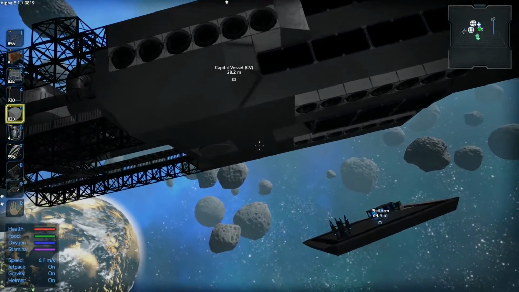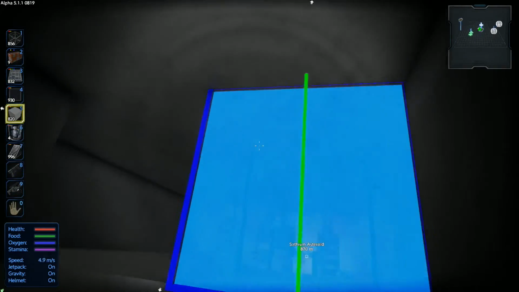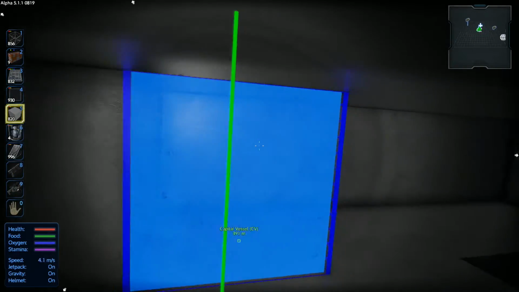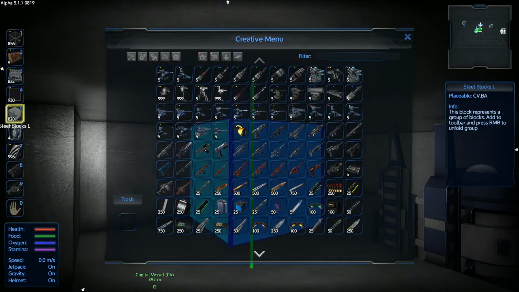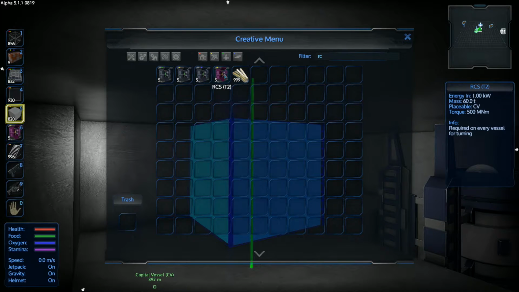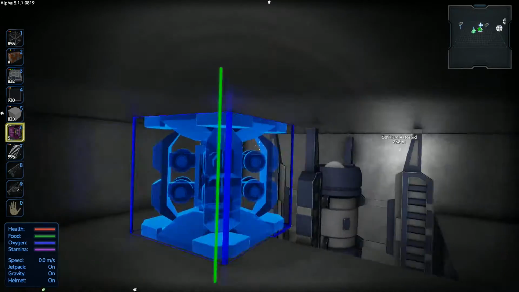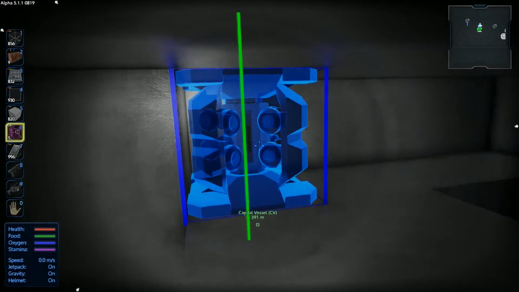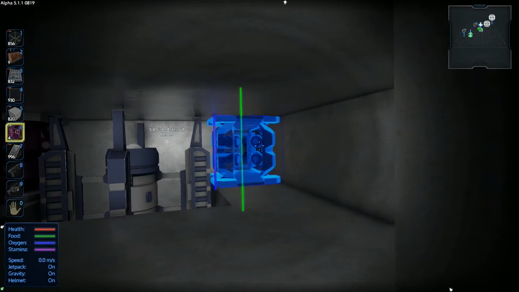I will probably end up... Oh, look, we ended up with a bit of space in here. Okay. So I'm thinking I will probably do... Let's go ahead and do our RCS in here then. We'll do some RCS. We're going to grab the tier 2s because this thing is going to be a heavy beast. So how many blocks is that? It's 1, 2, 3, 4. I won't need that many of the tier 2 RCS units. We're going to go ahead and put...